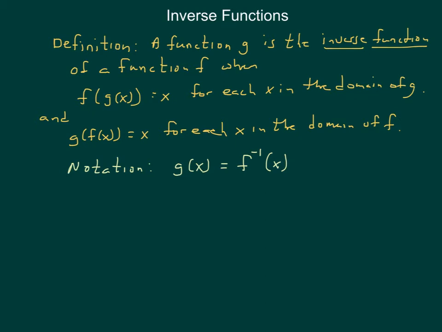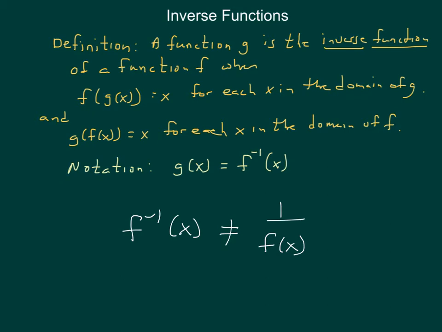It is not the reciprocal. In other words, f inverse of x is not equal to 1 over f of x. That is not necessarily the case. Is it possible that that could be true? Yes, it is, but in general, it is not,